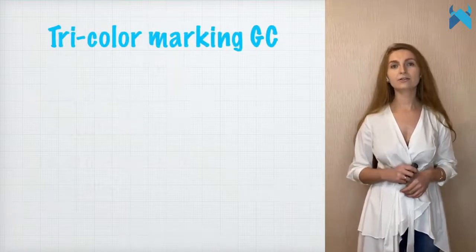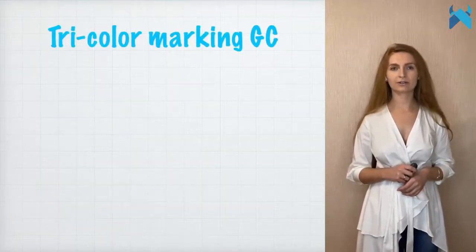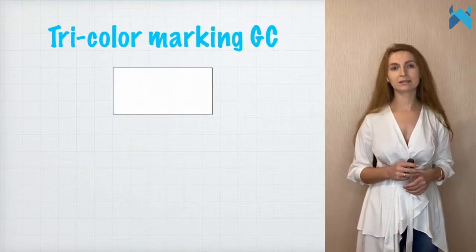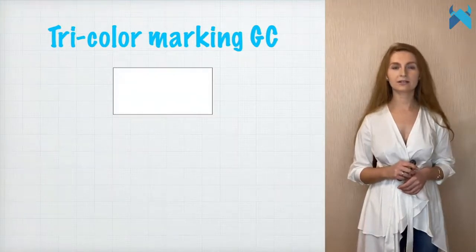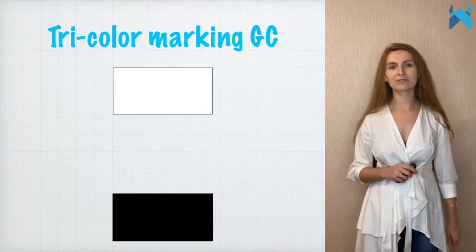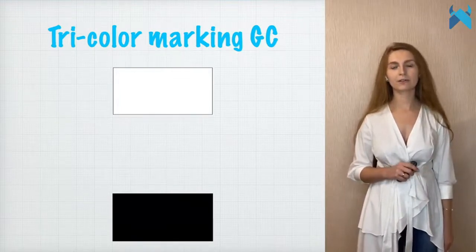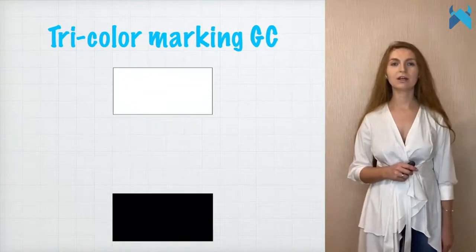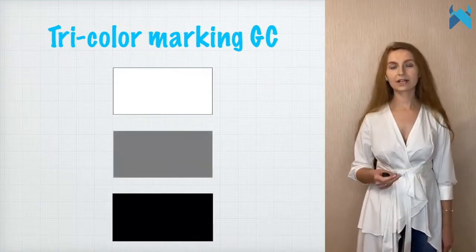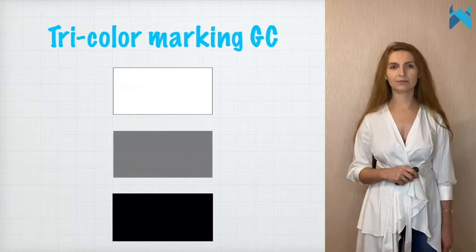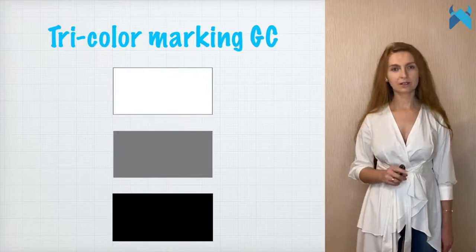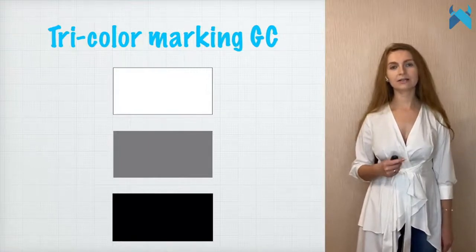And let's also look into what a three-color marking garbage collector is. Three sets are created. The white set, or condemned set, is the set of objects that are candidates for recycling. The black set is a set of objects that are reachable from the roots and have no outgoing references to objects in the white set. Objects in the black set are not candidates for collection. The gray set contains objects reachable from the roots, but yet to be scanned for references to white objects. They cannot be garbage collected and will end up in the black set after being scanned.